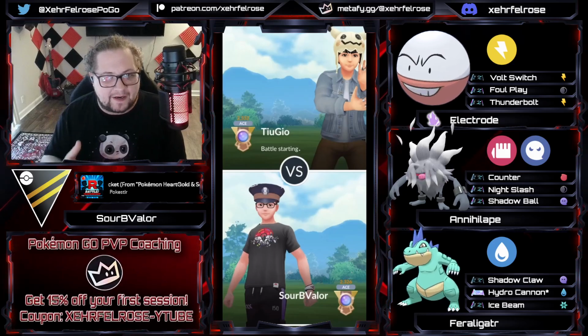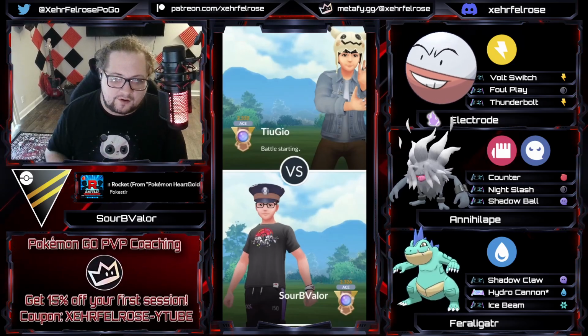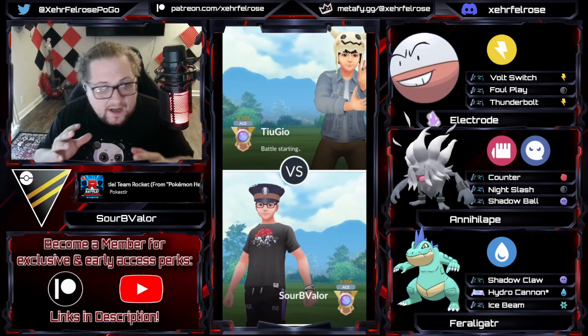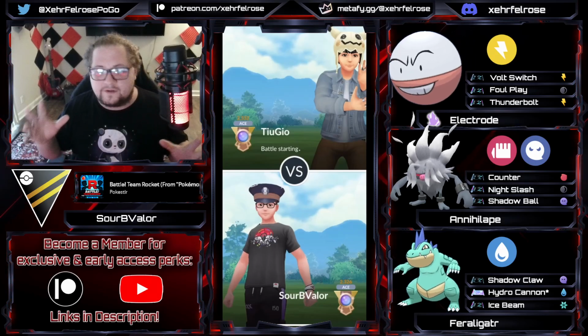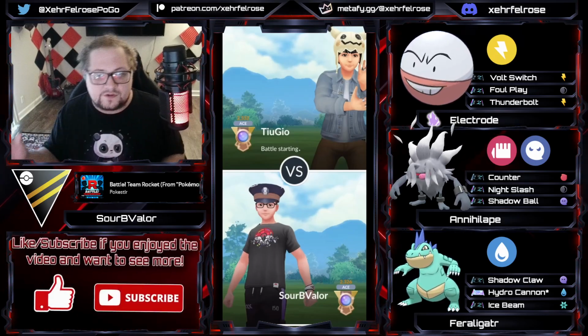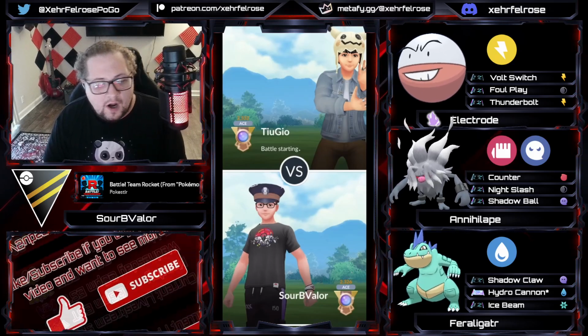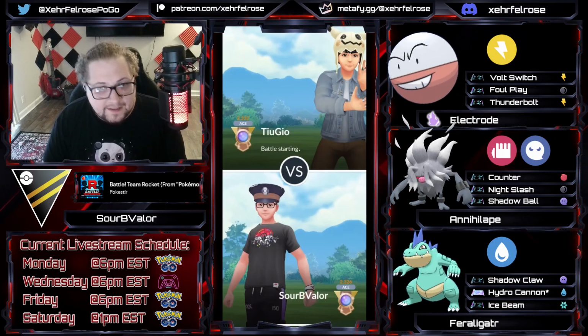Today's video, we got a spicy pick here in the Ultra League with a strong back line of Annihilate and Feraligatr, but our spicy pick is the Shadow Hundo Electrode here in the Ultra League. I was told by SourBValor, who sent in these battles. They went on a pretty good run running the spicy Shadow Hundo Electrode, and I'm eager to see these battles